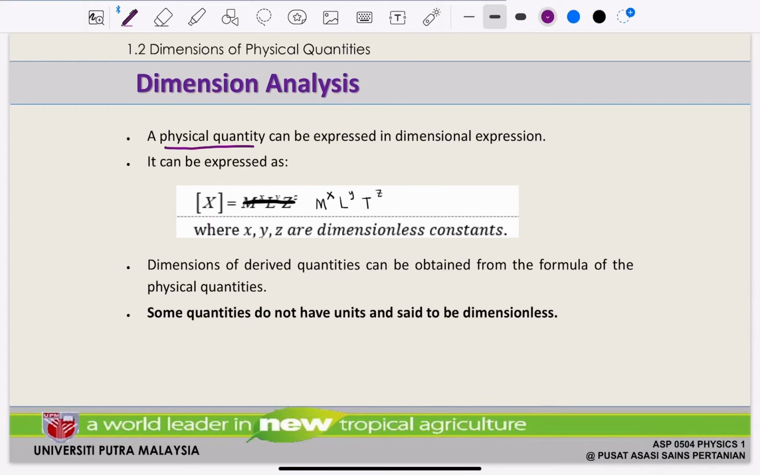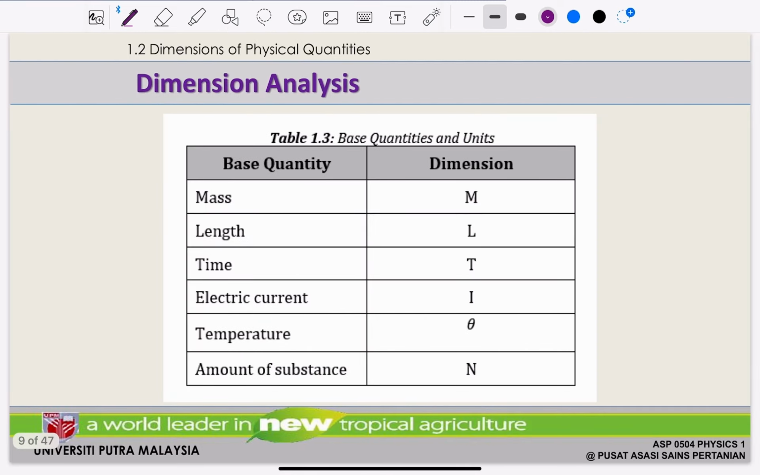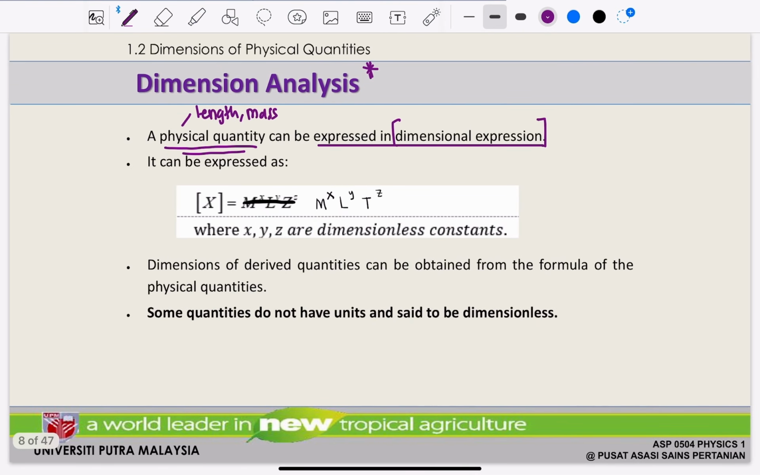A physical quantity like length, mass, and so on, kita boleh express in the dimensional expression. Why? Because we want to do the dimension analysis. How? Macam mana kita nak express in dimension analysis? In some capital letter. I will touch this after this, but before that, you need to know why you need to learn dimension analysis. The first reason is we want to find the unit of